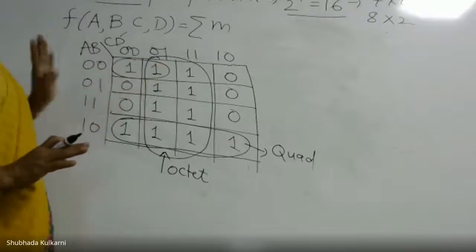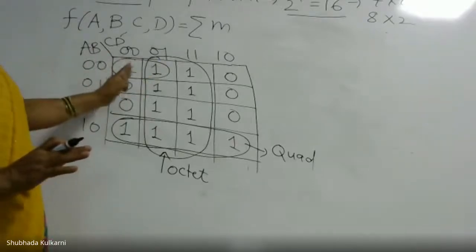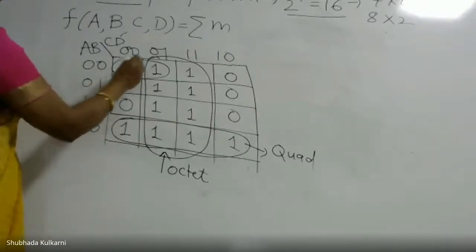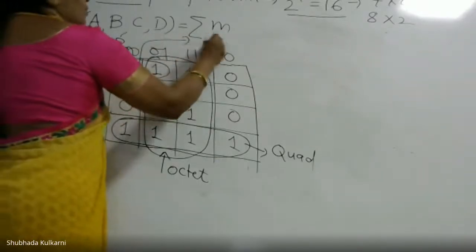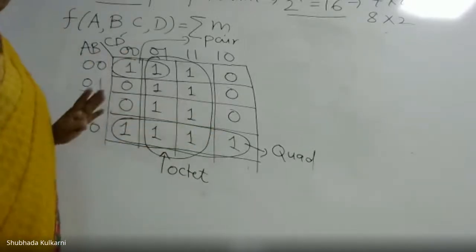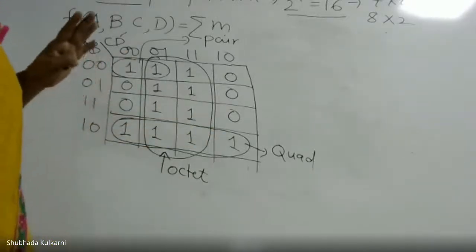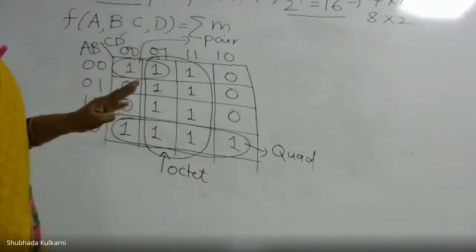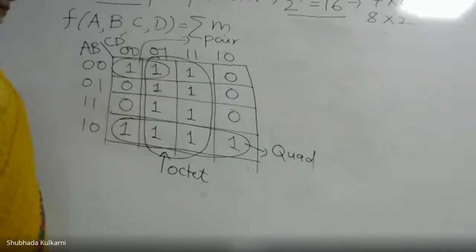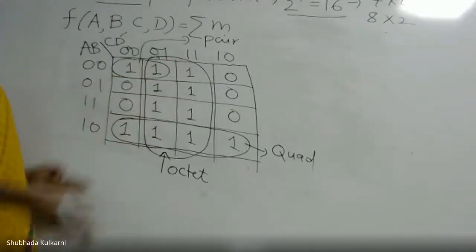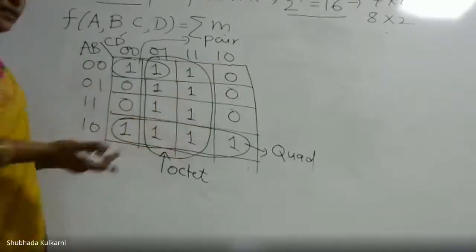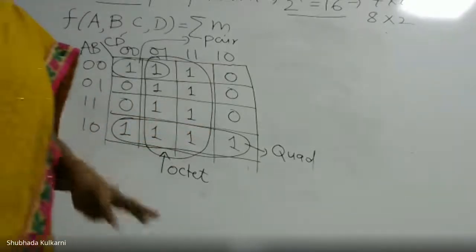Now at present I'll keep it as it is, and I will tell you how you need one more step for simplification. So for us, this is a pair. So this particular map got 1 pair, 1 octet, 1 chord. And we will write a product term for each. And then I can show that even instead of this pair, if we have done a chord, we might have simplified further. Or some student may feel that this is 1 chord, this is 1 chord, and so on. Even you can do all pairs also.